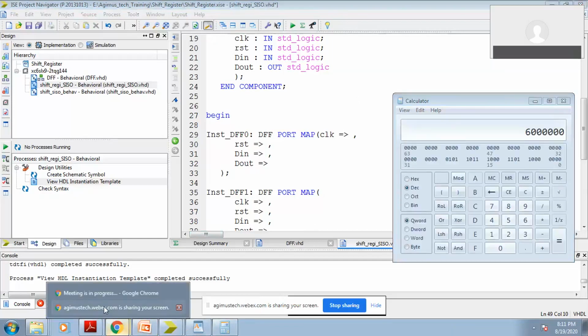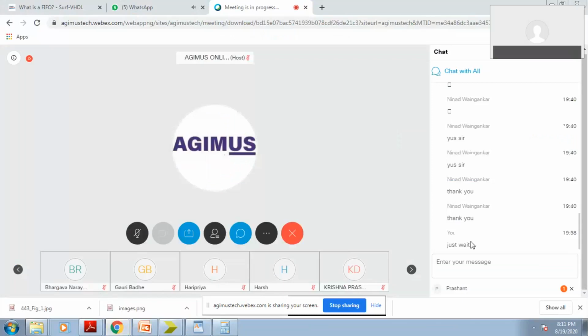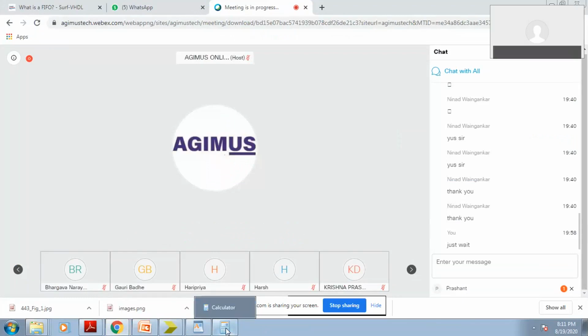suppose on the board I already mentioned that we are going to use a 12 megahertz clock, correct?